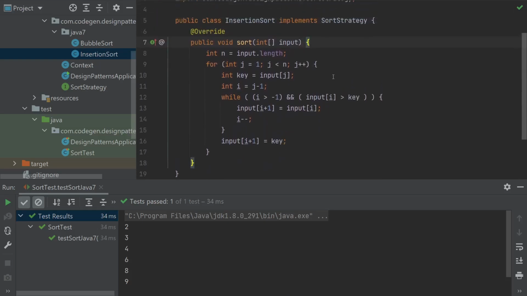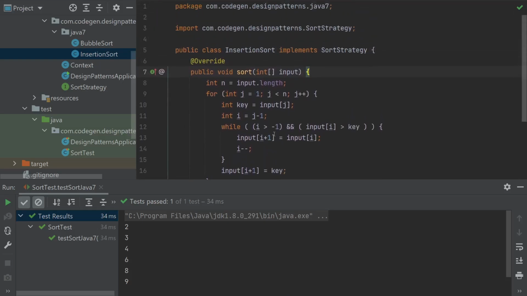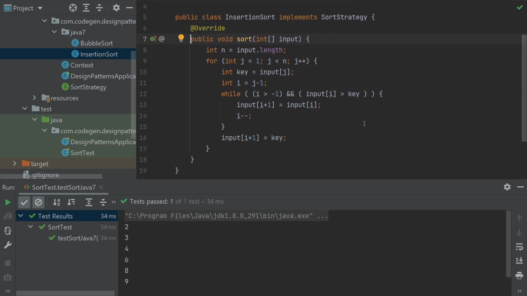If in the future we want to try out another strategy for sorting, we would also have to create a new class, and that new class in turn will have only one method within it. The only thing needed from this implementation class is that one method.